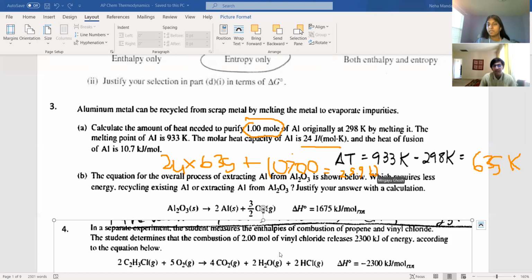Can you explain why we're doing that with the heat of fusion? I think it's just because the change in temperature is separate from the energy it takes to actually separate the molecules when it's melting. Okay. The heat of fusion. Oh, I see what you're saying. First you change the temperature, and then there's a period when the molecules are